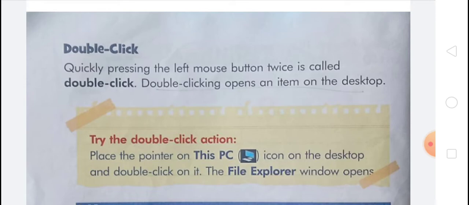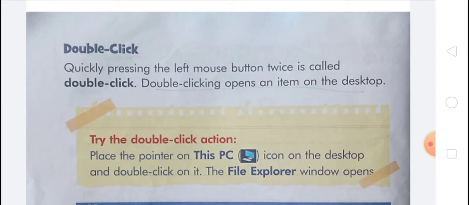Now, computer mouse. A mouse has two buttons and a scroll wheel. They are called the left button and the right button. On the left button we keep our index finger, and on the right button we keep our middle finger. The scroll wheel is used to move a page up and down on the monitor, and this is called scrolling. The mouse is also called a pointing device, because a mouse is used for selecting any item on a computer, playing games, and drawing and coloring also.